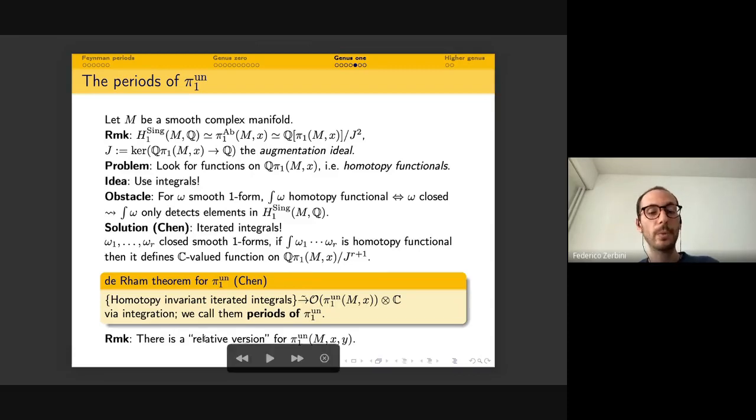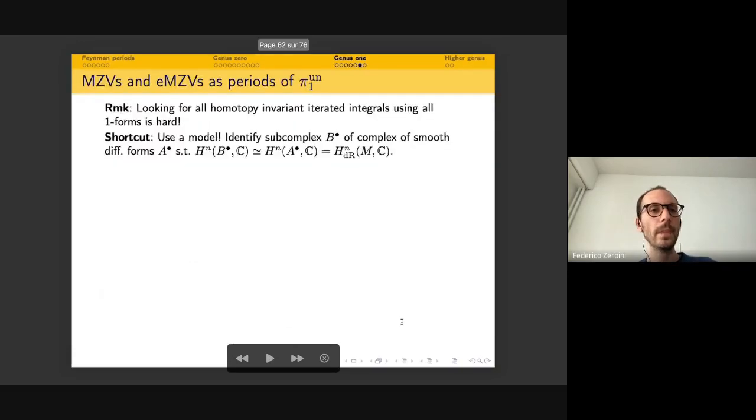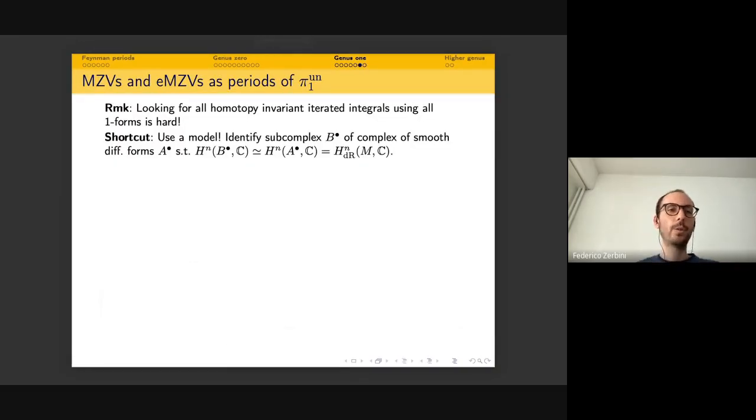And also let me remark that there is a relative version, which we will use for the fundamental torsors of paths from X to Y. Now, what does this have to do with what we did so far? Well,